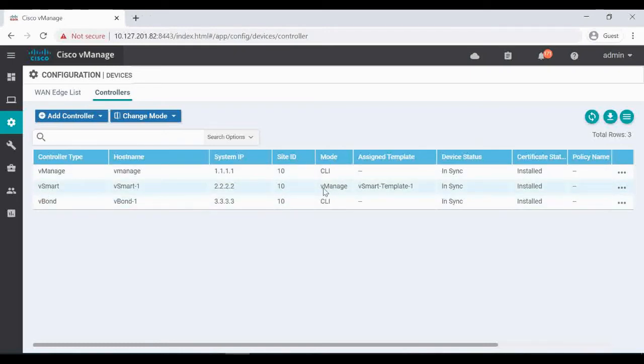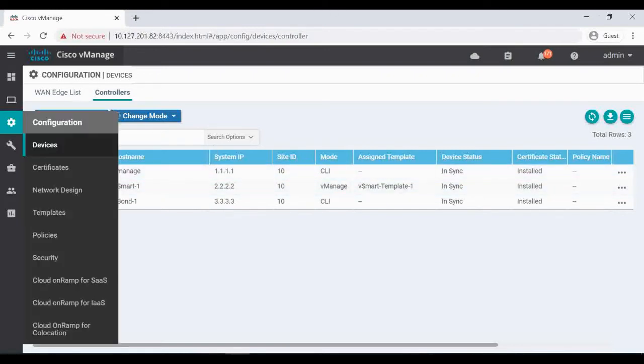If it is in CLI mode, the policy that you configure for hub and spoke, and if you activate, it won't push it to your vSmart. I have shown how to configure a device template for vSmart in my previous video. If you have not seen that video, check the description about how to onboard vSmart into a device template so that it comes under the vManage mode.